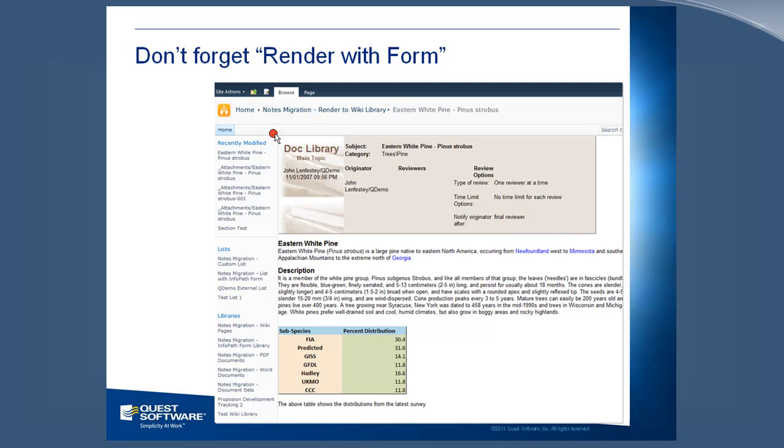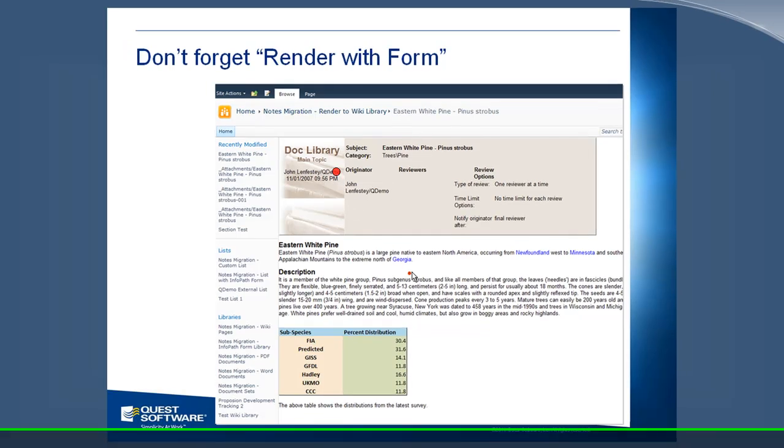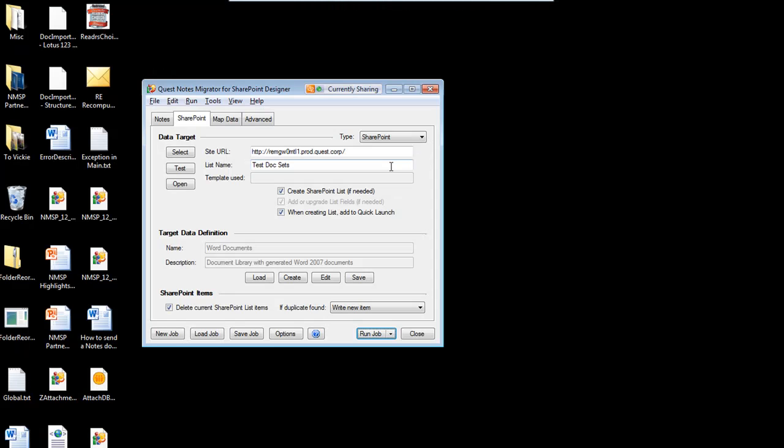Go back and check out session 1 if you want to know more about how to do this, but just keep in mind it's not very hard and it's a good way for archiving your old content, is you can generate pages which preserve the layout and all the data that was on the original notes form. What I want to do now is